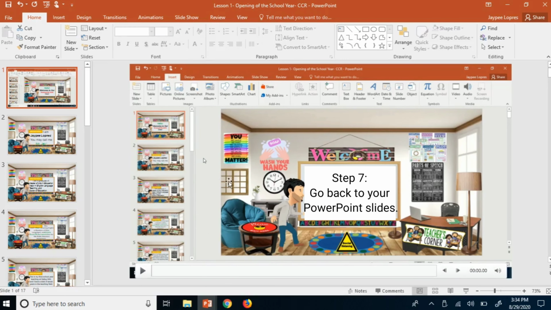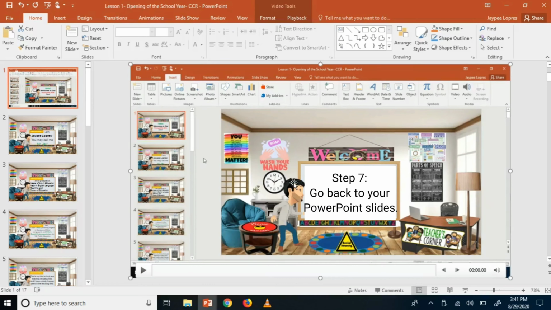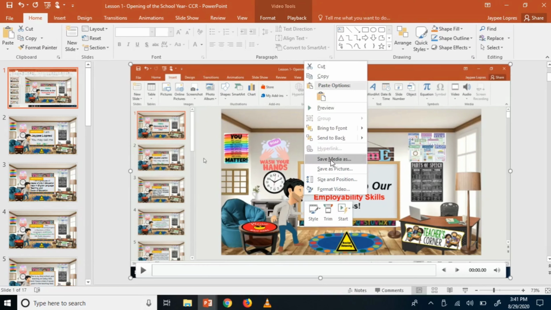If you observe, your screen recording is here, okay? So if you want to review it, you can play it, okay? Our last step is to save this recorded presentation or recorded screen, and to save this you have to right click and choose save media as,